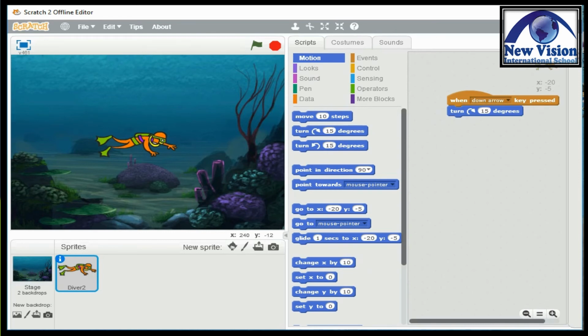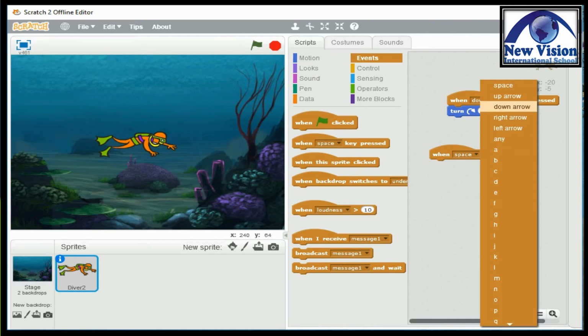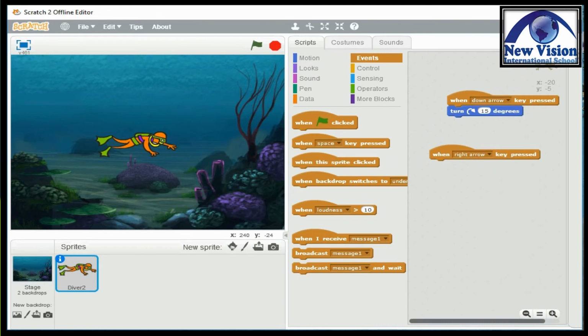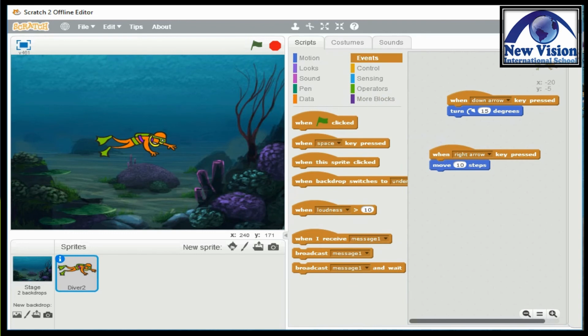And then when right arrow key pressed, so go to events once more, drag space key pressed, then change it into right arrow. And then it says move 10 steps, so you will go to motion and you have to drag move 10 steps. And for the last one, when space key press, so go to events once again, and